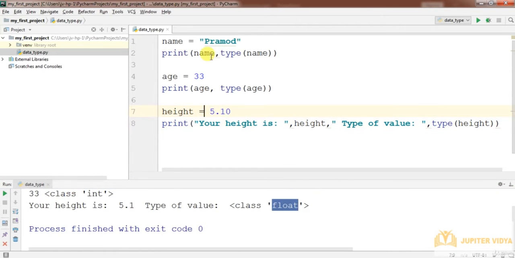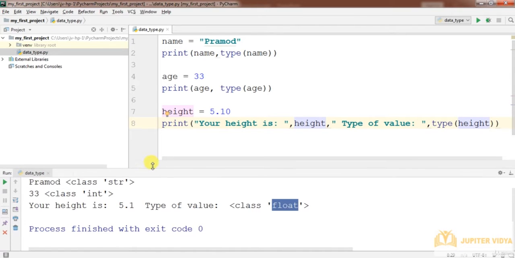So there are different types. This way we can print in double quotes. Whatever you write in double quote, that will be printed as it is, and then without double quote we'll print the value inside a variable. So you can see here this is a string, integer, float. Now one more thing you can see here,